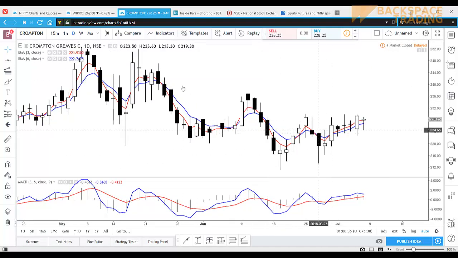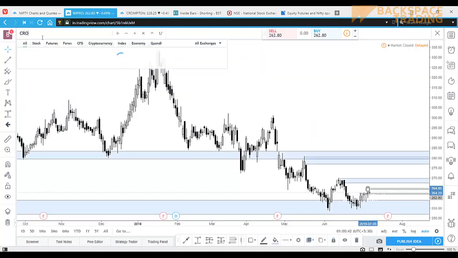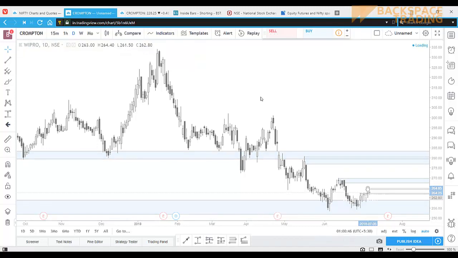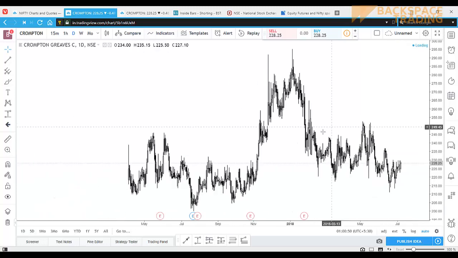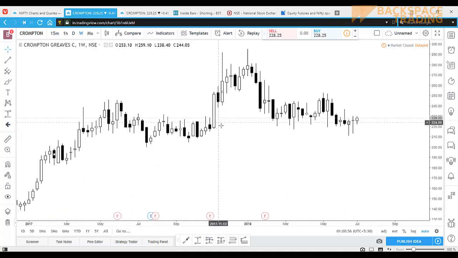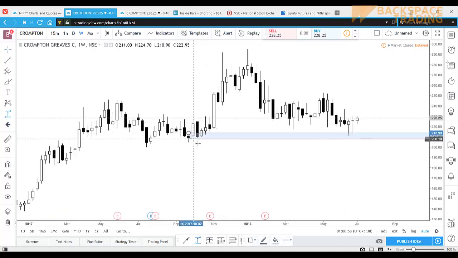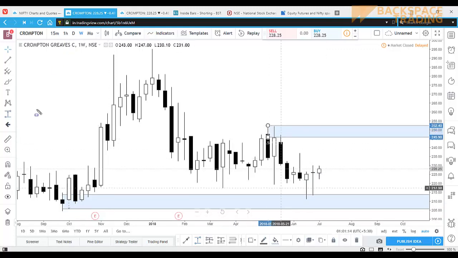Now we have selected the stock. Let's go and do our normal mode analysis. Crompton Greaves, we have a huge humongous consolidation. Let me go to weekly shows. Of course, there is support over here, and we have twin sets of this kind of candle which is bullish. See, long wick, buyers came in, so that is fair enough. I'm gonna plot the framework. So this framework plotted,